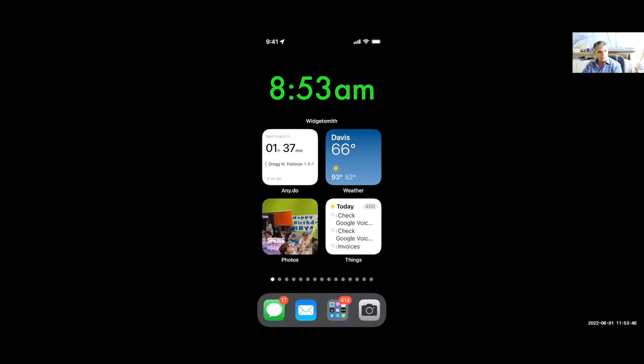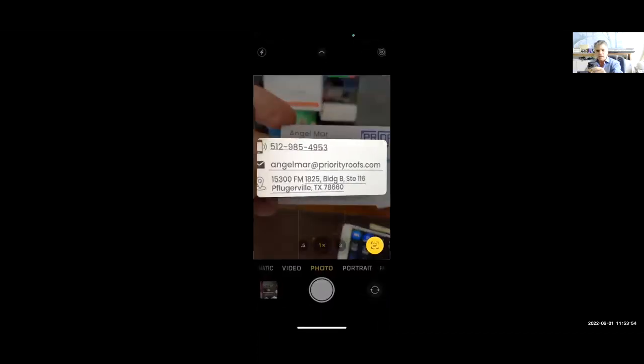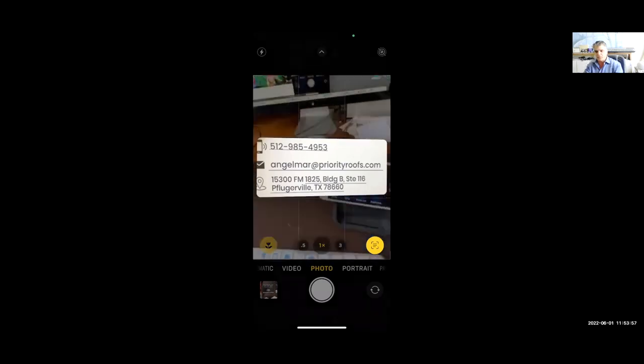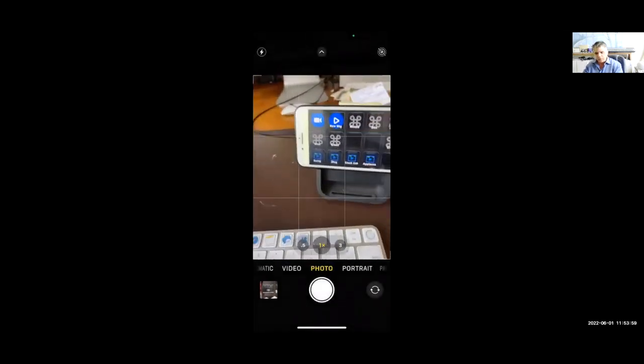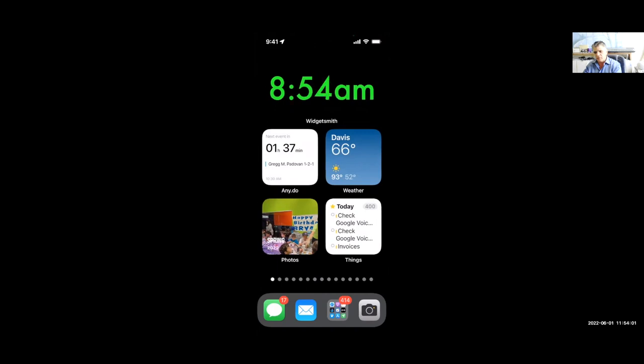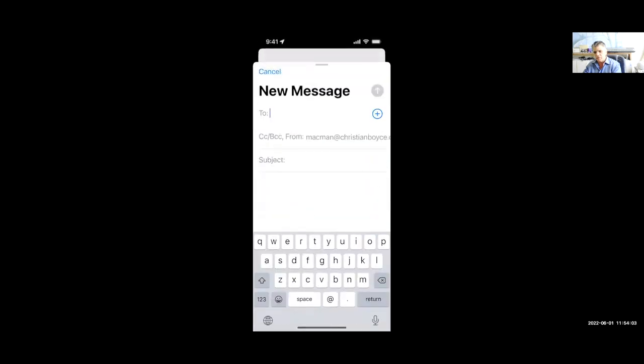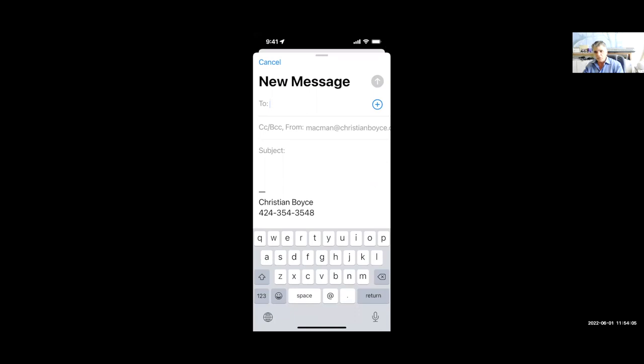So there's a couple ways you can do that. You can do that in advance. Like here, I'm holding the card in my hand. I took the camera, aimed it at it, and got the stuff. Okay, that's one way to do it. Another way to do it is, let's say you start writing the email. So I'm gonna make this new email, and where I'm in the To field, I can tap up there, and if it works right, you see it says scan email address. So I just tapped it, and now here's another